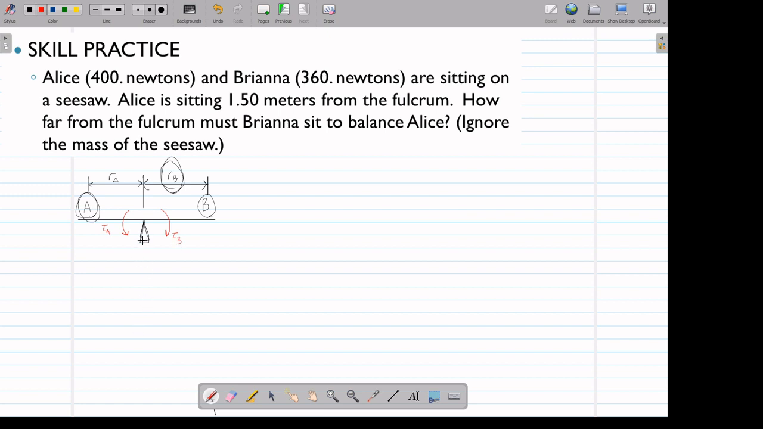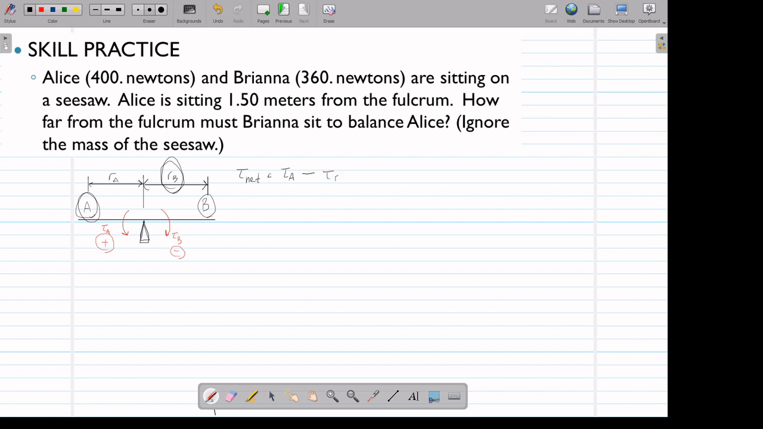Remember from our previous lesson that rotation in an anti-clockwise direction is considered to be positive, and rotation in a clockwise direction is considered to be negative. So we will assign tau A to be positive, and tau B will be negative. So we can write ourselves a net torque equation. We can say that the net torque being applied to the seesaw is equal to tau A, which is positive,